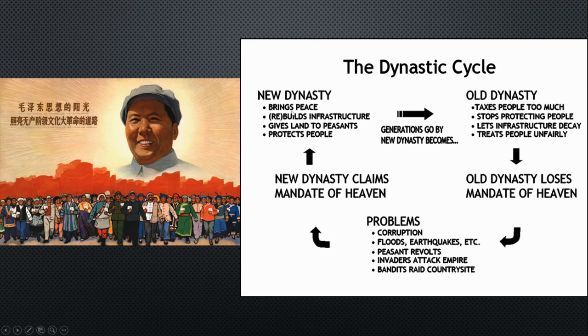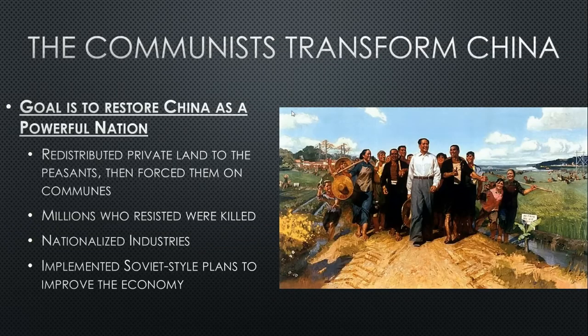And so now that we are here in this party, this new set of ideas is going to bring peace, it's going to rebuild, and it's going to lead China to greatness. So what were some of the things that are now going to change in China as a result of the communist revolution? The main goal is to restore China as this powerful nation. And so what we're going to see here are very much communist or Marxist influenced ideas to really push the economy more towards a communist one: the redistribution of land, and the communal style of farming that is going to develop.